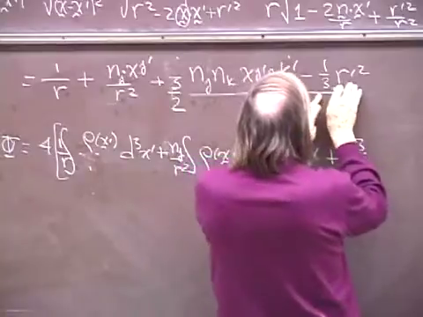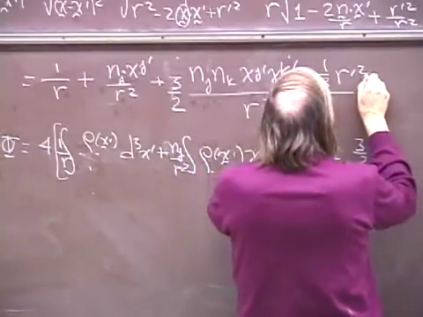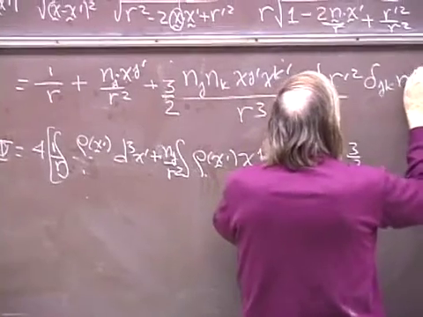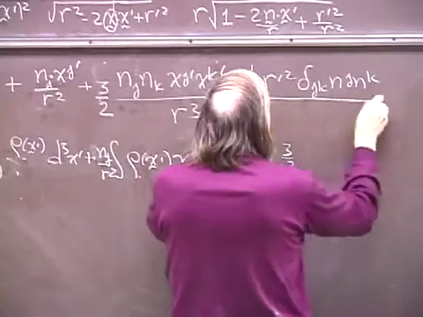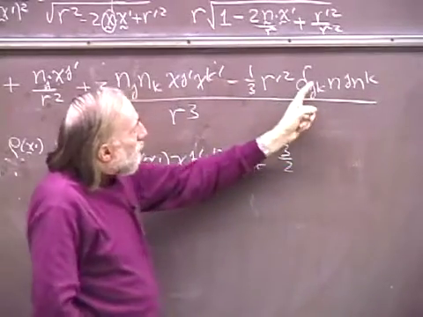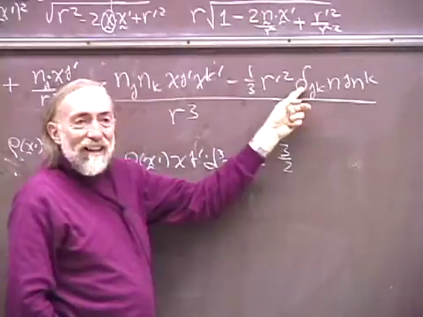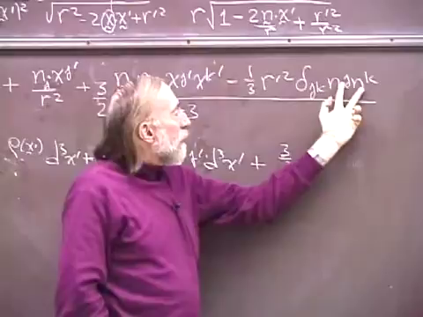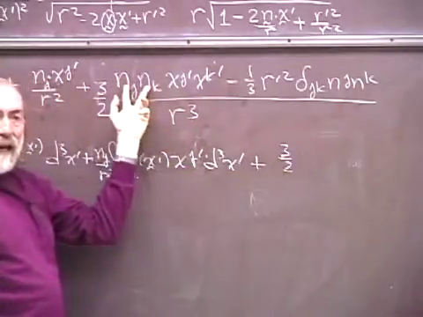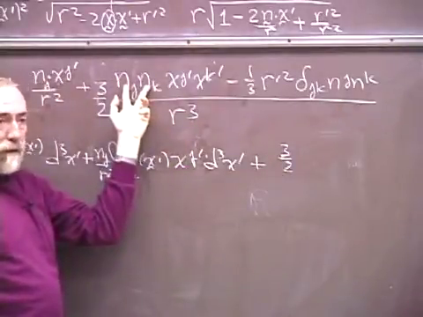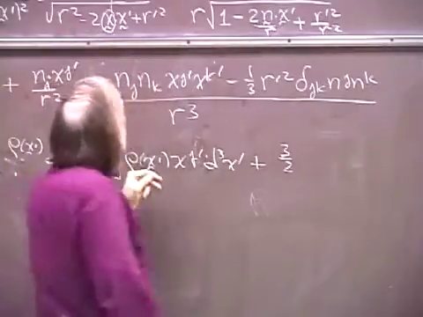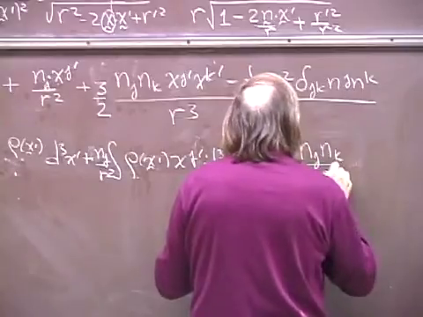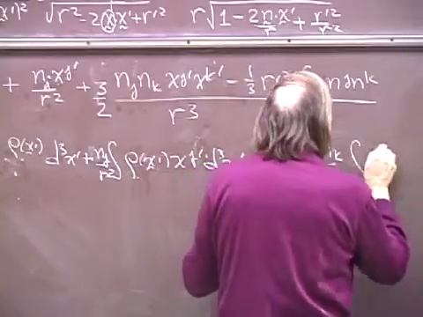Let me write this quantity here as delta jk nj nk. The reason I'm going to write it that way is because this quantity is 1, because n is a unit vector. So all I've done is multiplied by 1. But that will now enable me to pull this nj nk and that nj nk out from under the integral sign. Okay. So I have a 3/2 nj nk over r cubed, and then an integral of rho at x prime